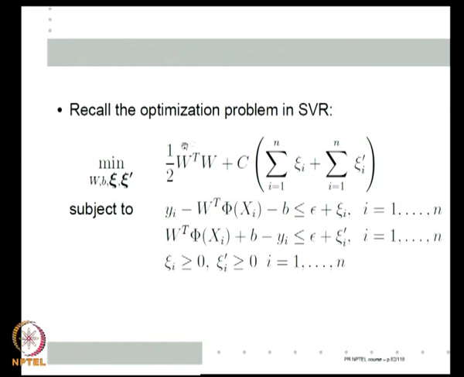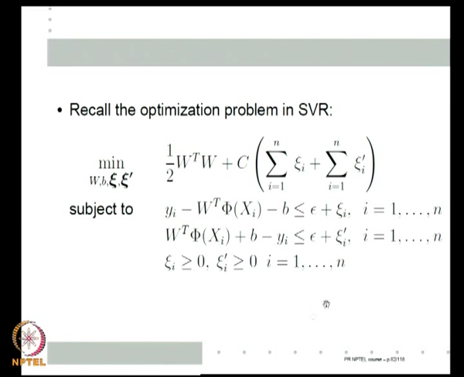So, this is my old SVR optimization, half W transpose W, which we added as a regularization parameter. We have already seen this is the epsilon margin of a function, C times this, because this is simply a way to implement the epsilon insensitive loss function. So, if modulus of yi minus W transpose phi xi minus b is less than epsilon, then both Ji and Ji prime are 0. If on one side it is not less than epsilon, then the corresponding Ji will come here. So, this is my whole formulation of the slack variables.